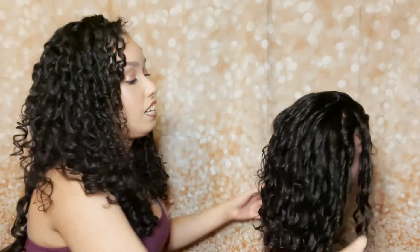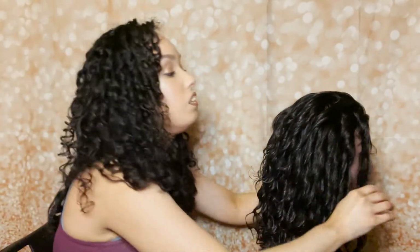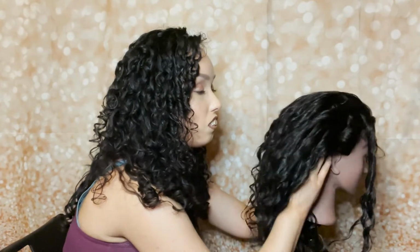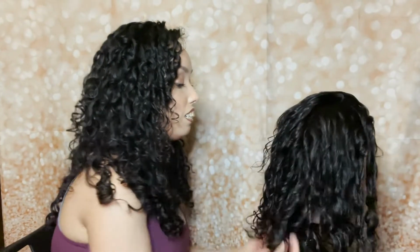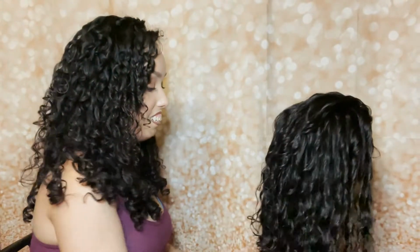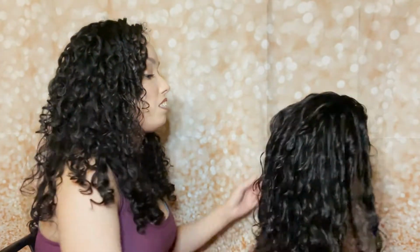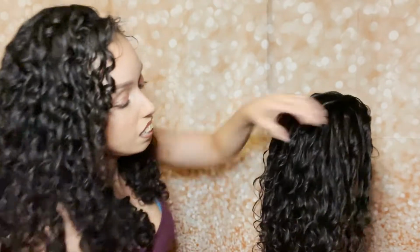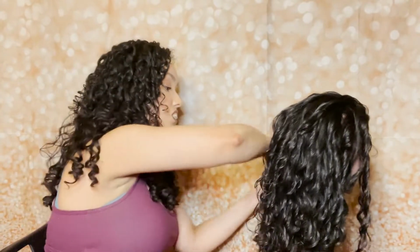And then I will take my fingers and kind of like go in at the root and just shake whatever curls are kind of stuck to the scalp. So I'll go like that. I'll zhuzh it up some more. Only at the root. You don't want to break up those curl clumps you work so hard to get. There you go. And it just leaves your hair so nice and bouncy. And I will just do that until the majority of all the gel cast is gone,